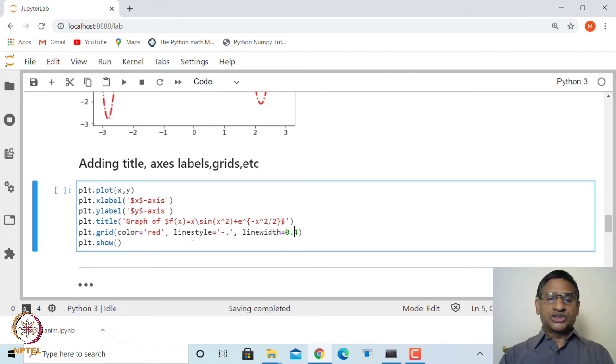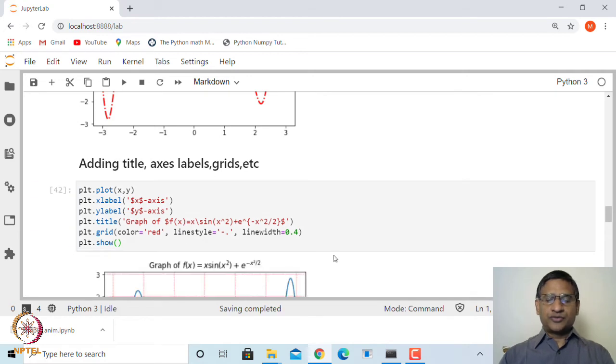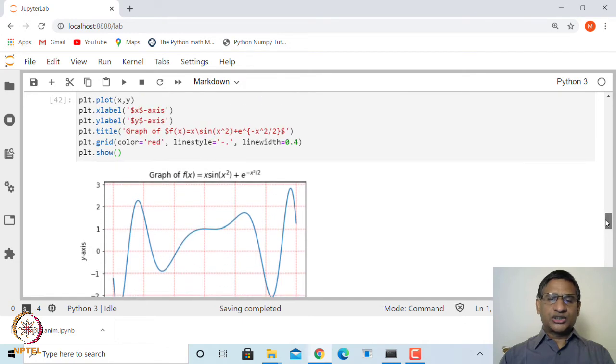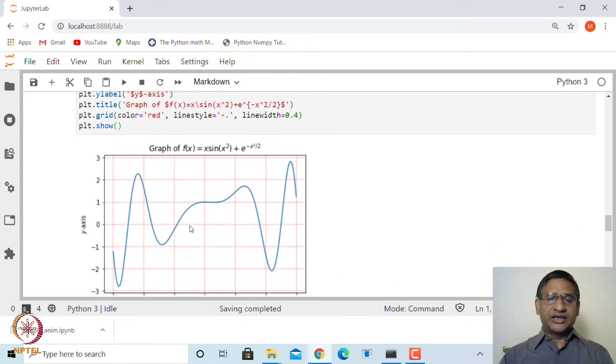So, all these options are available. Okay. So, this is what you see. Now, you can see here the x label, y label, and this is the title of the graph, and these are the grid lines. Again, for grid lines there are also several options. You can make these grids finer. You can mention at which points you want grid lines on the x axis and y axis. All these options are available inside